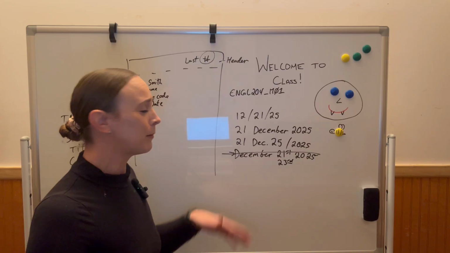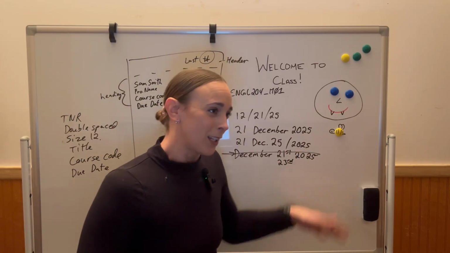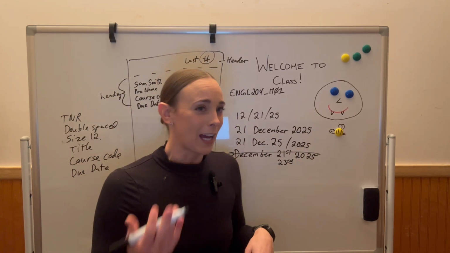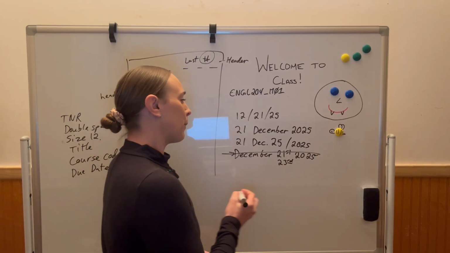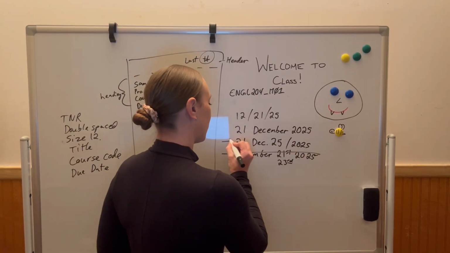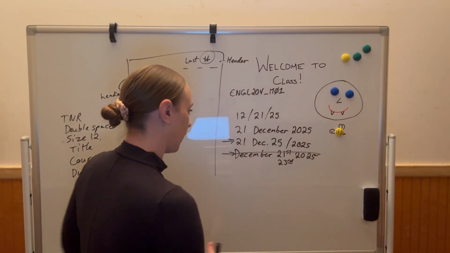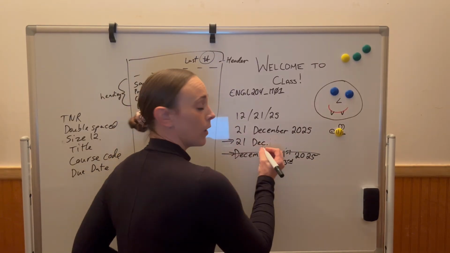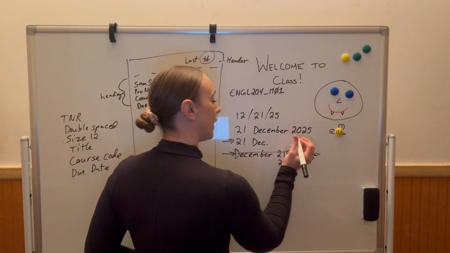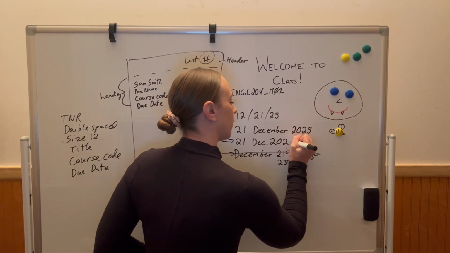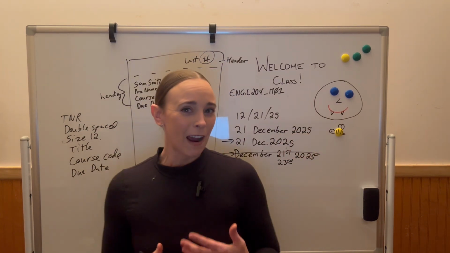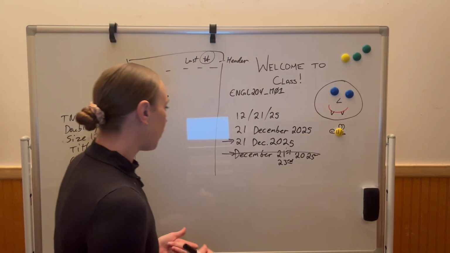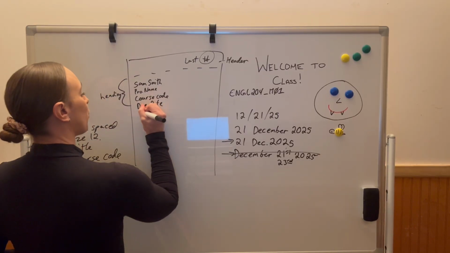So then I usually have students vote to say like, oh, I think it's this one or that one. They can have multiple votes, but really what it comes down to is it's this one here. Now, just to clear that up a little bit, it's 21 December abbreviated 2025. And again, you always want to have the due date. So say you wrote a draft that was due on the 20th.